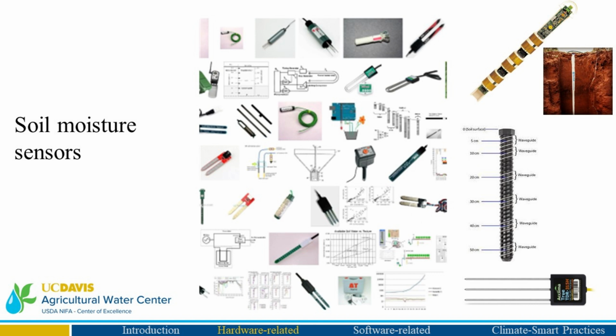What about soil moisture sensors? Soil moisture sensors, there's almost a new soil moisture sensor coming on the market every day. And why are there so many? Because nobody has actually figured out how to make a sensor that actually measures soil moisture. They all measure something else that you correlate to soil moisture. And so in that process, we call it calibration. And that's where you create a lot of uncertainty. If you put 5 soil moisture sensors even in the same block, you're giving the same amount of water, you're going to have different readings, and that makes it harder to interpret.